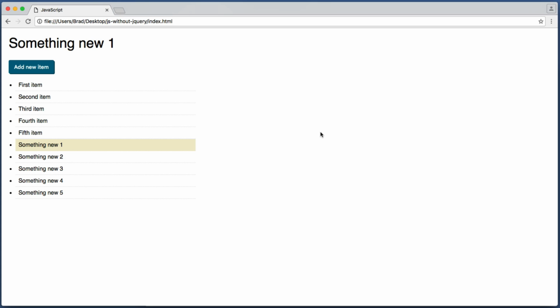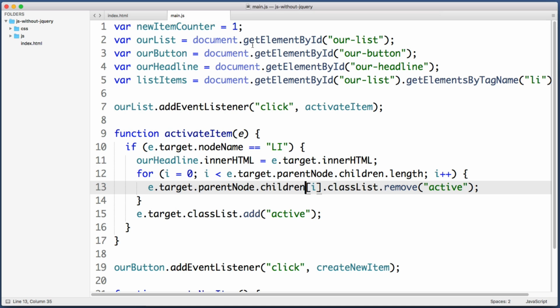But before I go, I want to share a really quick tip for selecting elements in JavaScript. So if your website's audience primarily uses modern web browsers, instead of using these cumbersome getElementById and getElementsByTagName, modern browsers offer methods named querySelector and querySelectorAll. So for example, if we wanted to select the element that has an ID of our list, instead we could say